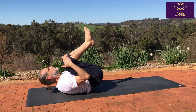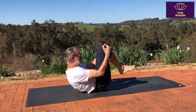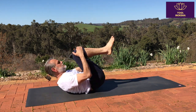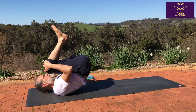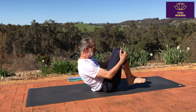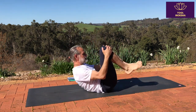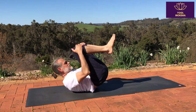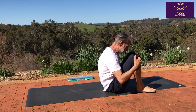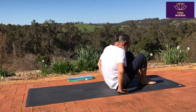Just to your own capability. Doesn't have to be right up to seated posture. You can just roll backwards and forwards on your back a little bit. Inhale back, exhale up. After a few backwards and forwards,